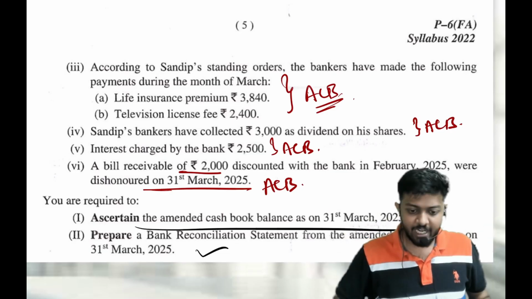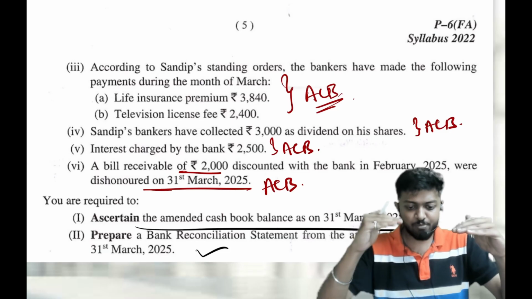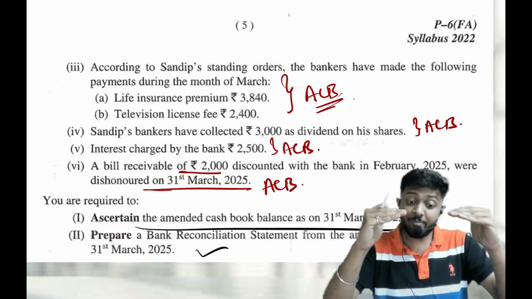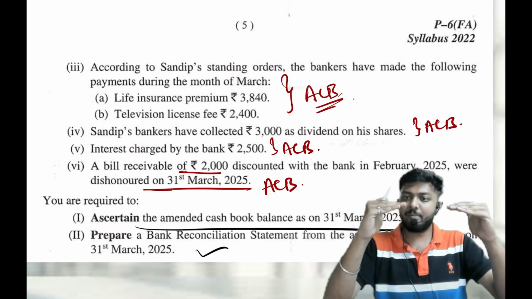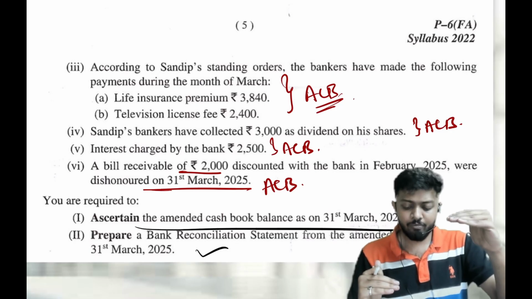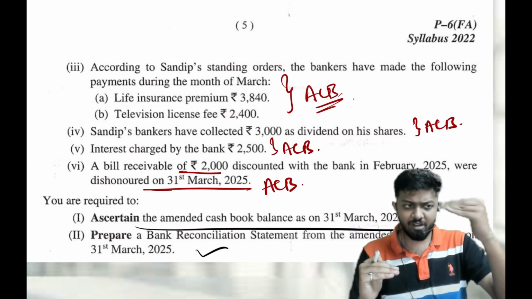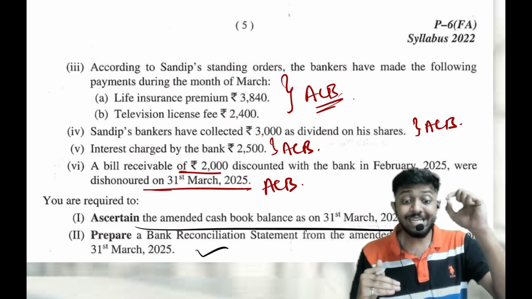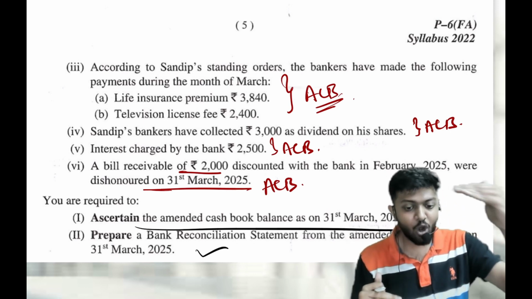Those who are not getting, I'll tell you. Cash book, passbook. Our intention is always to make this equal. But what happened here? Since the money is automatically deducted by the bank, passbook became lesser and cash book is more. Now, for me to make this equal, either this can come here or this can go up. What should I do? Since I am doing the entries in cash book, I can alter only my cash book.